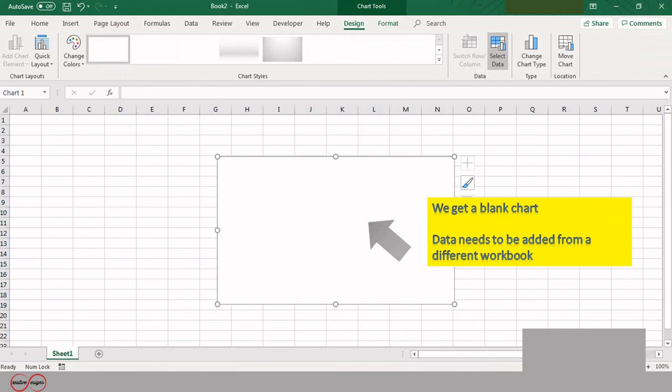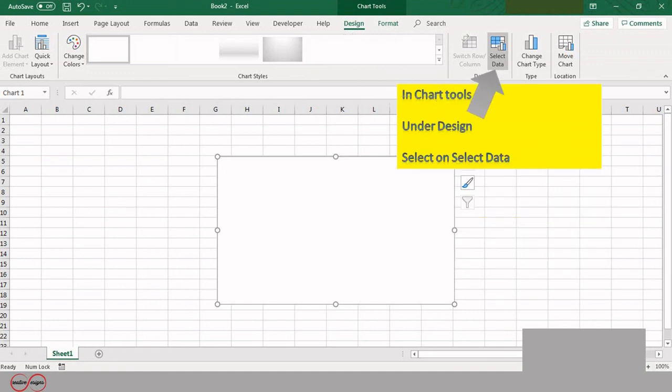Data needs to be added from a different workbook. If you remember, the name is Charts. In the Chart Tools, under Design, select Select Data.